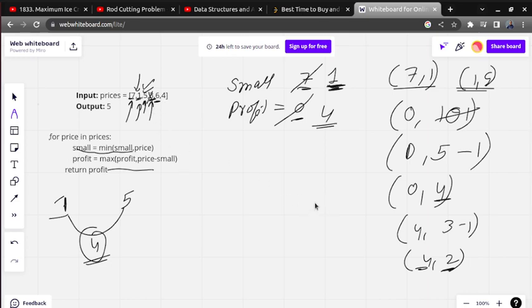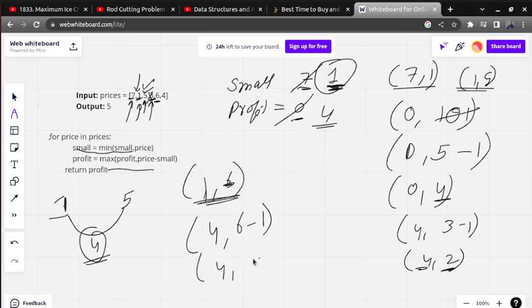The next day the price is 6 rupees. Again the smallest value is not going to change, because small is nothing but 1, and we compare 1 and 6. Are you going to purchase stock on this day? No, you are not going to purchase. It means the small value is still 1. But if you calculate the profit, the initial profit was 4. Now on this day the profit is 6 minus 1, so the profit you get is 5 rupees. So you calculate the maximum value, and our profit is updated from 4 to 5.